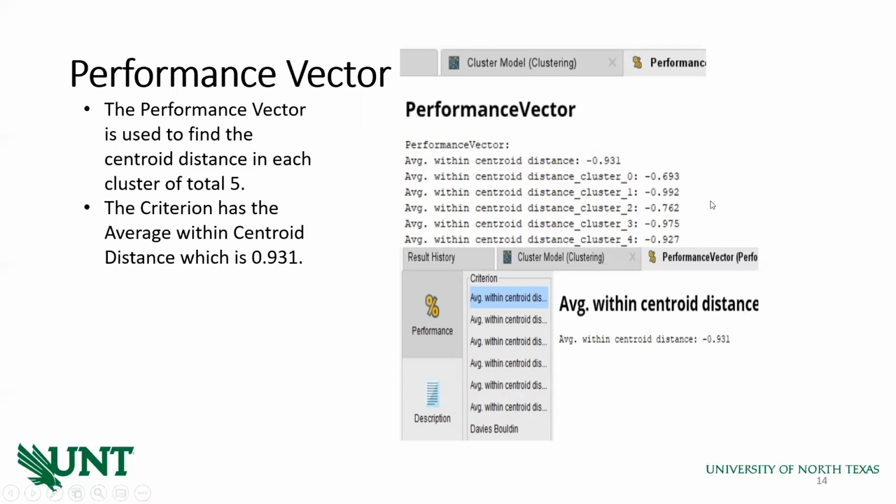Cluster 1 has 0.992. Cluster 2 has 0.762. Cluster 3 has 0.975. And cluster 4 has 0.927. The average within centroid distance is 0.931, which I have mentioned here.